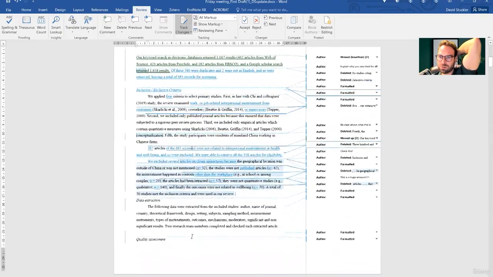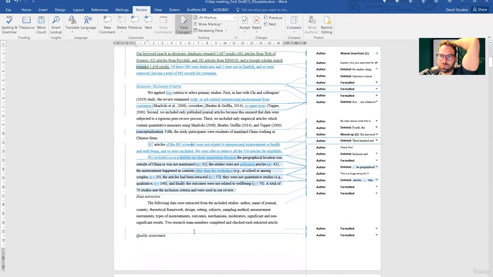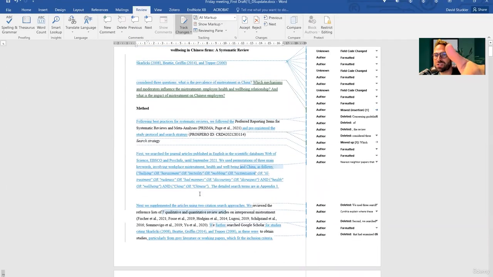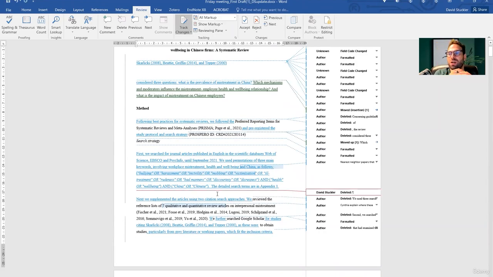So usually the text is repeated, or is the method repeated in the paper? Yeah, well, this is the same method as is going to be summarized in the Prisma, right? The idea of registering the protocol is you kind of handcuff yourself to say, this is what I'm going to do, and then you actually have to do it. But you don't have to rewrite it just for the paper, do you?